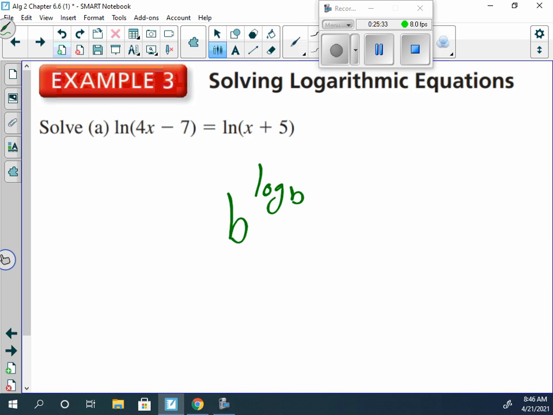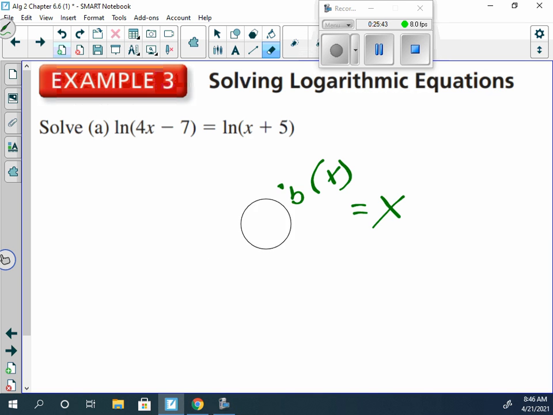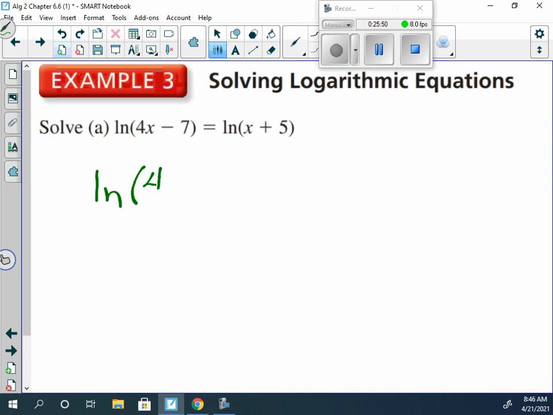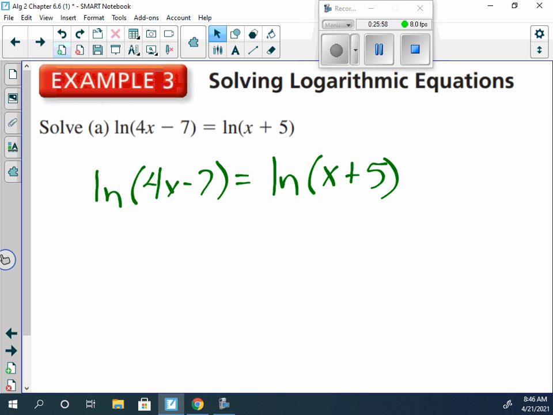Log base b of x was just x because those logarithms simplified. So when we look at this here, the same property is true because you don't have to write this first step. Really what we're saying with this property of equality, since these bases are both the same,